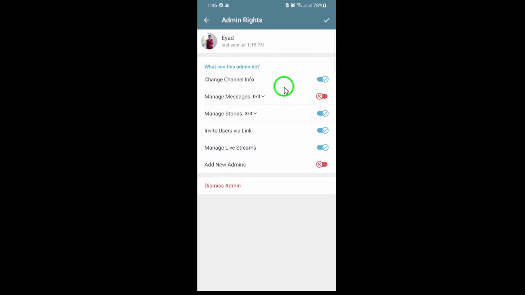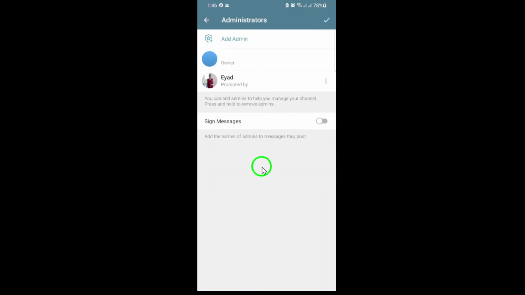Once you've made your changes, don't forget to save. Tap the Save or Checkmark button, usually found in the top right corner of the screen. Your changes will take effect immediately, and the selected admin will no longer be able to manage or delete messages